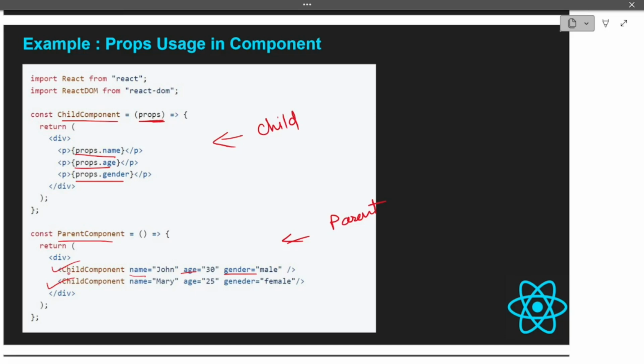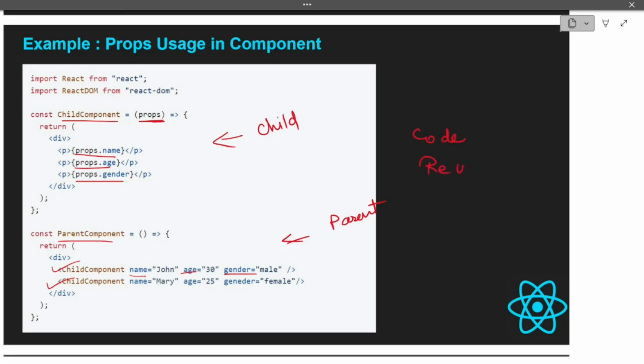The major and important benefit of using props is that it provides code reusability, or component reusability. What is happening here is we are writing one child component, but we are displaying it with two different values. If you observe, we are just calling this child component two times with different values. This provides a lot of customization to our child component. We can call it any n number of times with n different values, and this is the major feature of React, which is code reusability. So props provide code reusability.